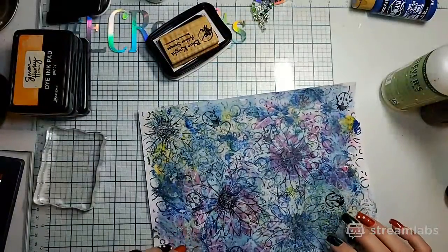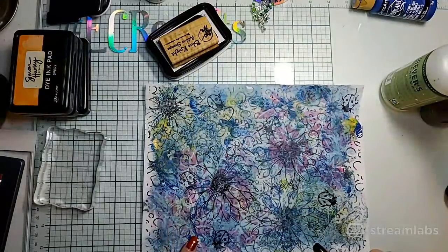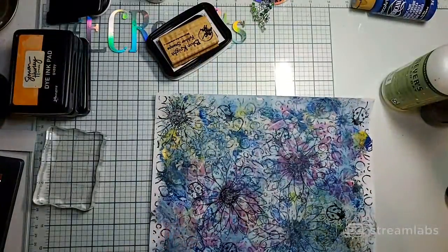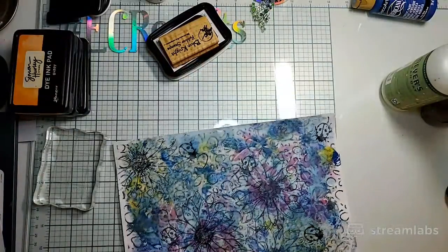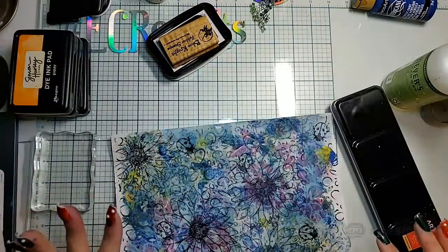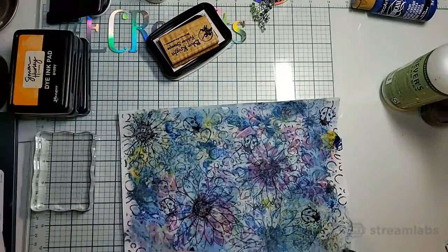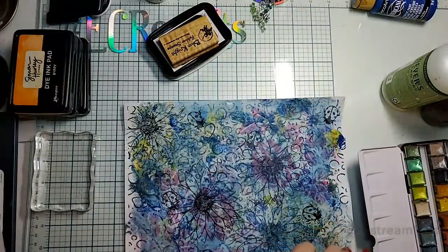Oh, you know what? I should have stamped it in a solvent. Ooh, what was I thinking? Apparently, I wasn't thinking ahead. So if I had stamped it in a solvent, okay, solvent will not react to water, which means you could have gone over it with watercolor